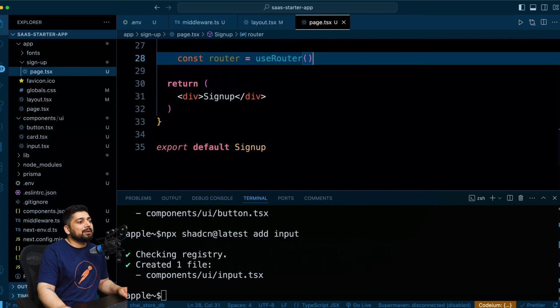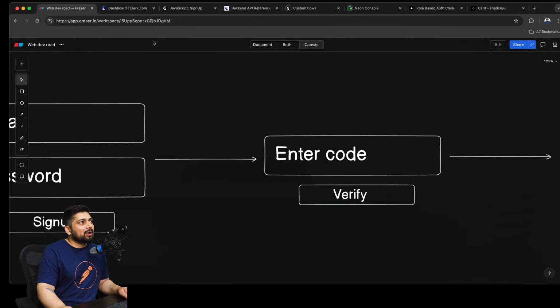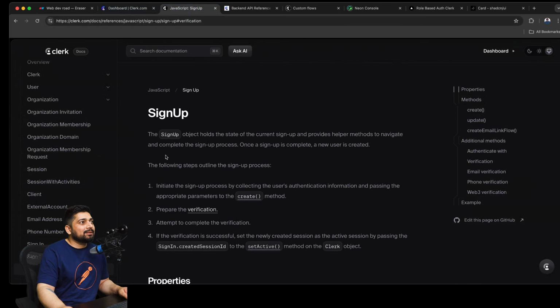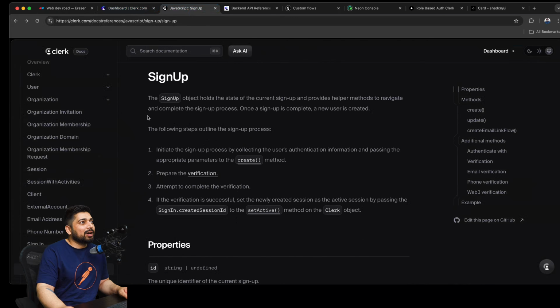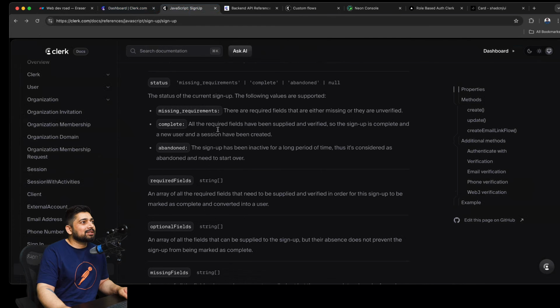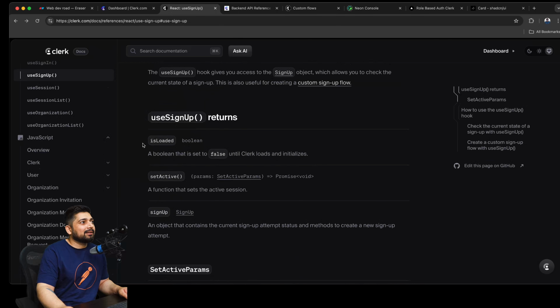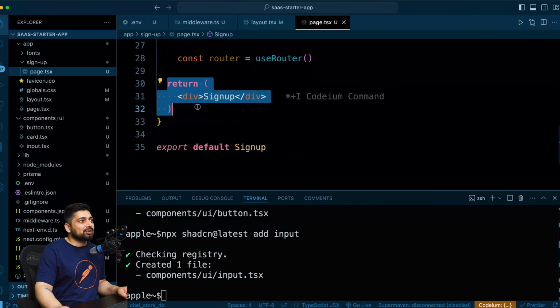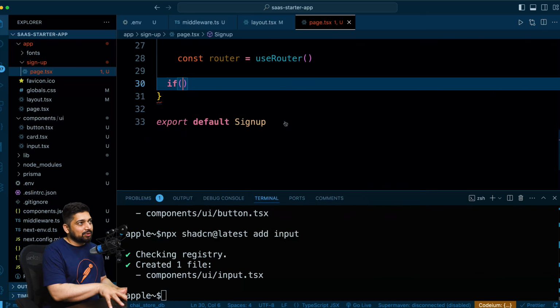All right, so how do we work with that? The step one, which I always mention, is go ahead and make sure everything is loaded. The reason why they mention this up front at the top is because they also know that this is a common thing which is missed. Where is it? Yeah, here it is. isLoaded. So Clerk actually injects a lot of JavaScript in your application, and you should not proceed without actually having this one. So instead of having return like this, the first step I would like to do is,